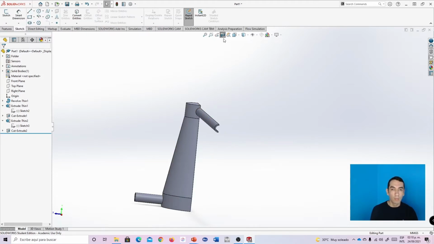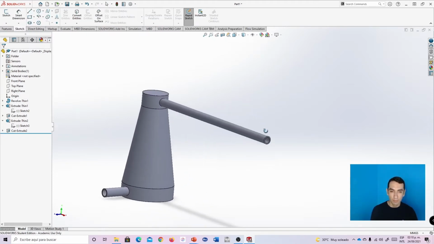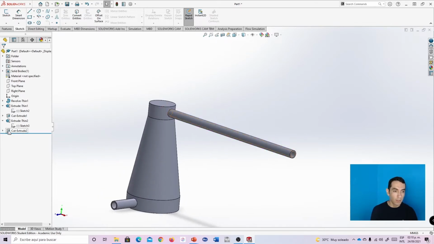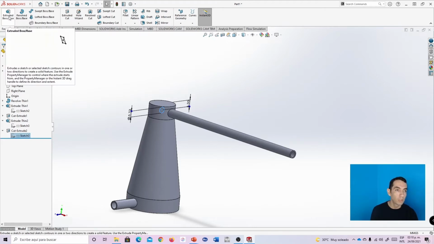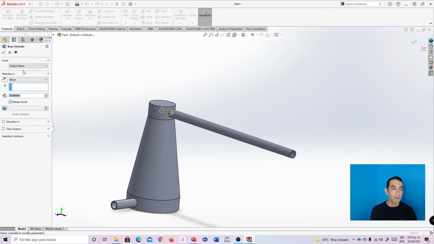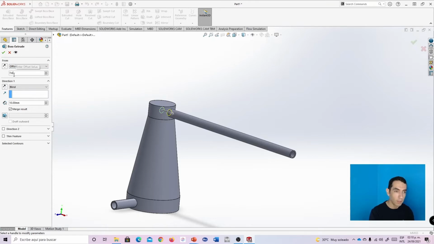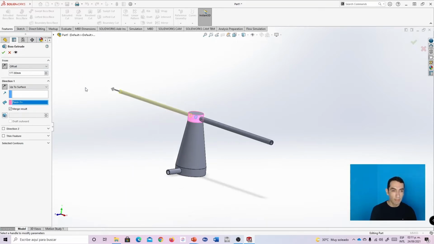Okay, I'm gonna deactivate the section view, and I think I can position again here in sketch 3, and I'm going to extrude a new pipe. Here features, extruded boss base, and I'm going to select from offset and 7 inch. From the direction 1 list, I'm going to select up to surface, and again you will select this surface. If you want to change the direction of this operation, you can click here and here,